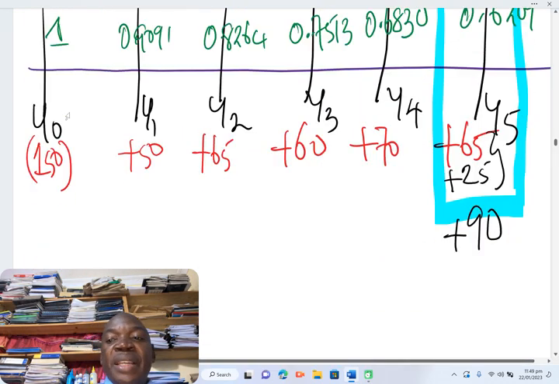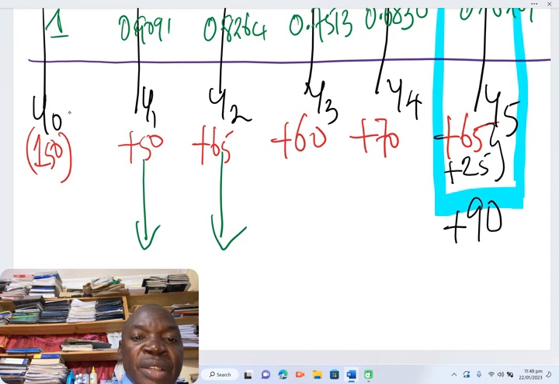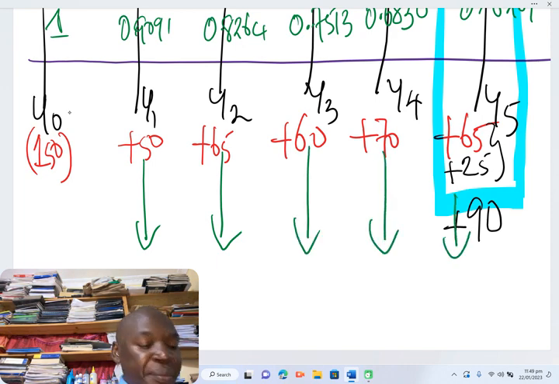So you can multiply to get the numbers easily. What is in here? What is in here? So 0.9091